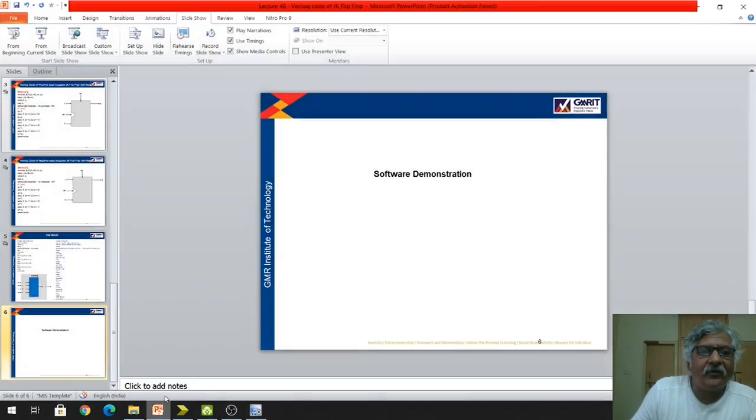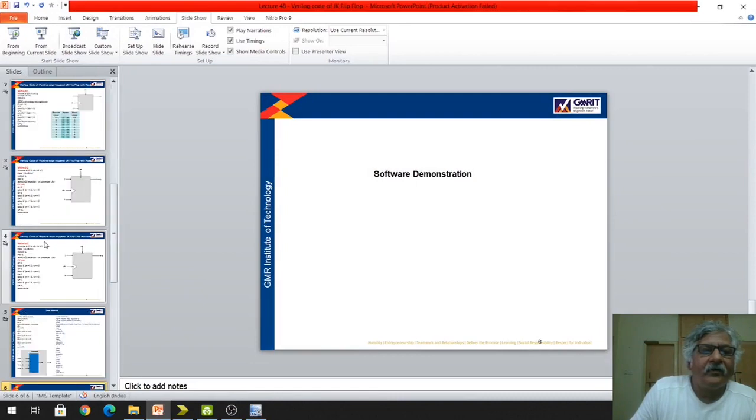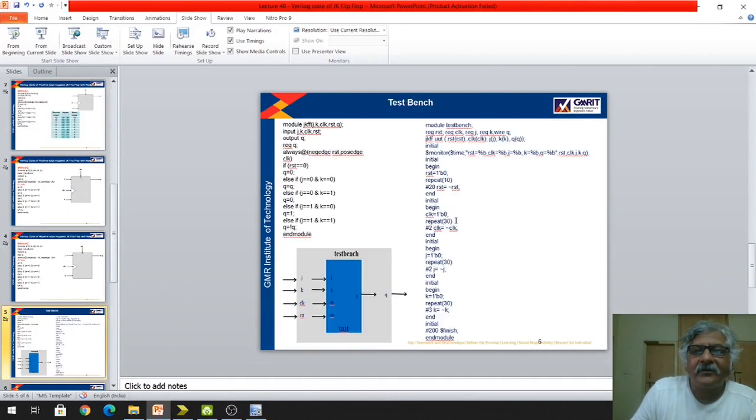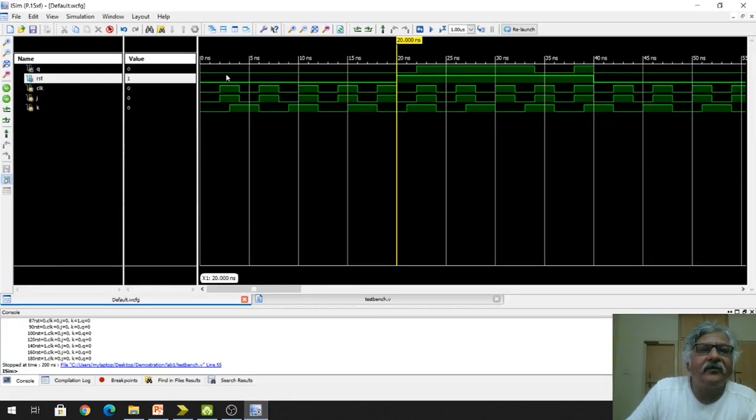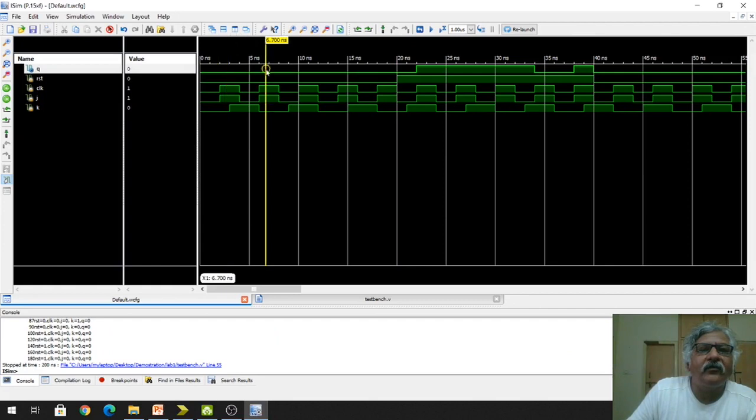Because in our test bench code, we have written RST has 20. That's why after 20 nanoseconds only the value of RST will complement, right? So RST is 0 up to 20 nanoseconds, and due to that the Q is 0. Q will remain 0. It will not get affected by the CLK or J and K, anything.